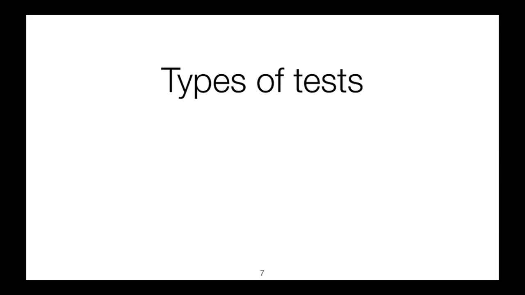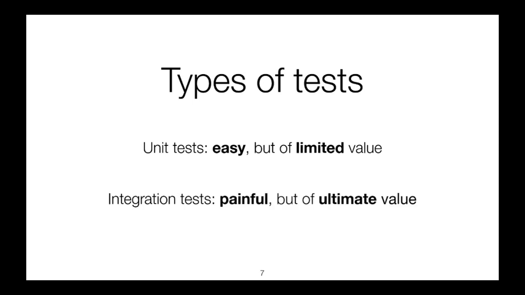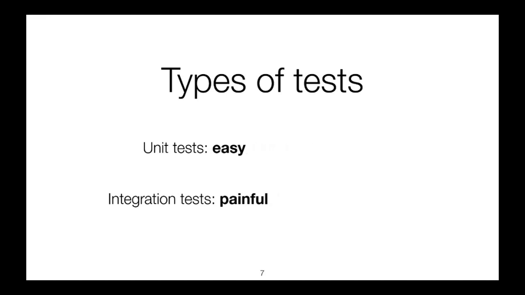So in a nutshell, we have unit tests that are easy but of limited value, and we have integration tests that are painful but of basically ultimate value. But of course, the value factor only becomes clear later on in the project. So often when we start, this doesn't really matter all that much. It all comes down to just these two things, easy or painful. And obviously nobody wants to do painful. So we just do the easy thing. And that happens quite often. But of course, it's only a matter of time till